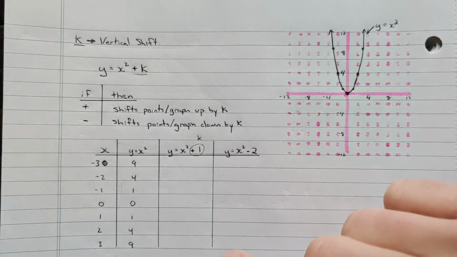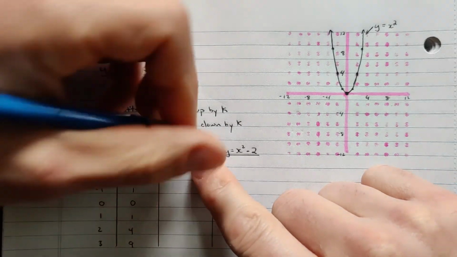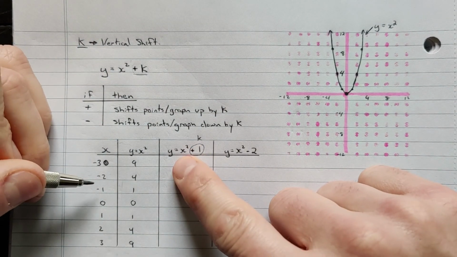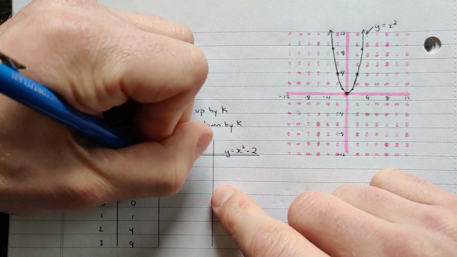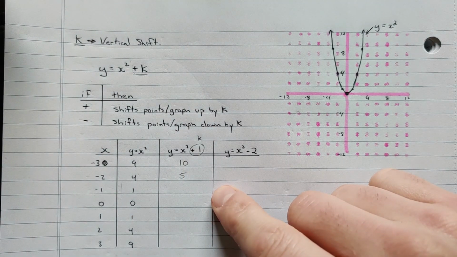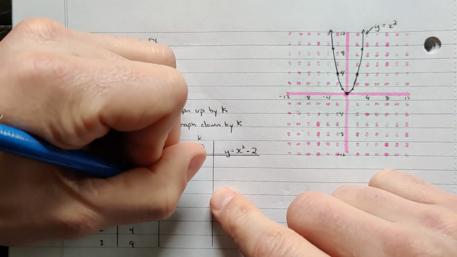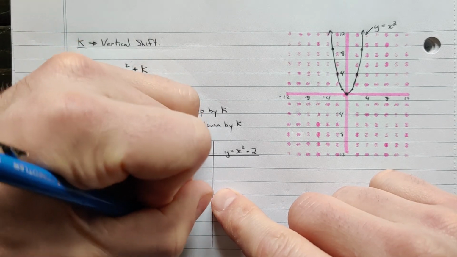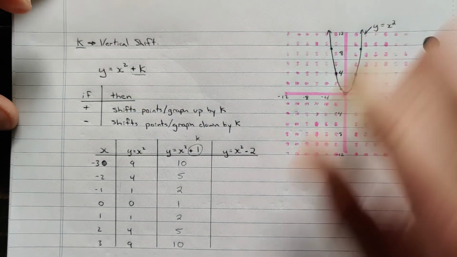And if I fill this in, I would have -3 squared, which is 9, plus 1 is going to give me 10. And then -2 squared plus 1 is going to give me 5. And then -1 squared plus 1 is going to give me 2. And as I move through the table here, I'm going to get these as all my values. So each of these values here